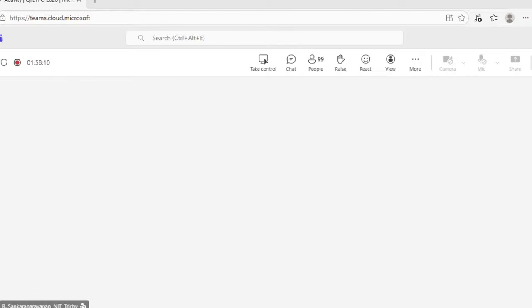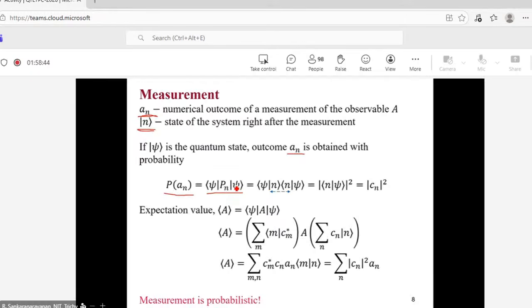That probability is nothing but P of an. So how do we define this P of an? P of an is nothing but this quantity, <psi|Pn|psi>. What is Pn? Pn is nothing but this quantity, |n><n|. This is called the outer product, and this one is called the inner product. So <psi|Pn|psi} is nothing but <psi|n><n|psi>,